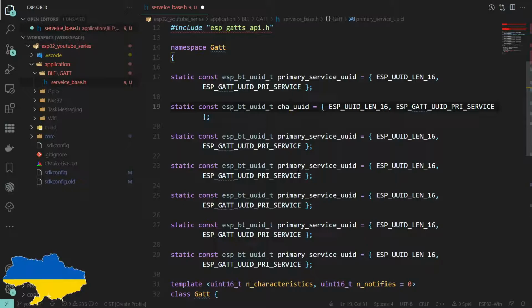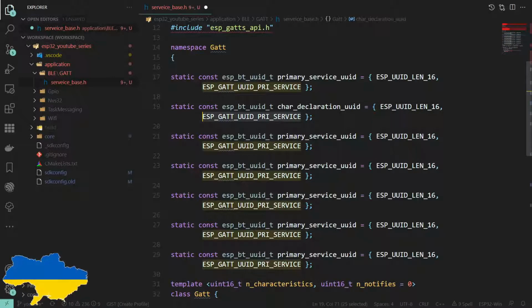So, char declaration, let's say, which is char declare. So this says the next bit of information is going to declare or define? Yeah, declare a characteristic. So there we go, we've got that now.